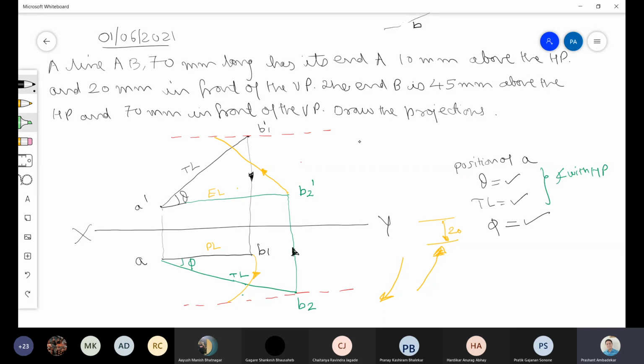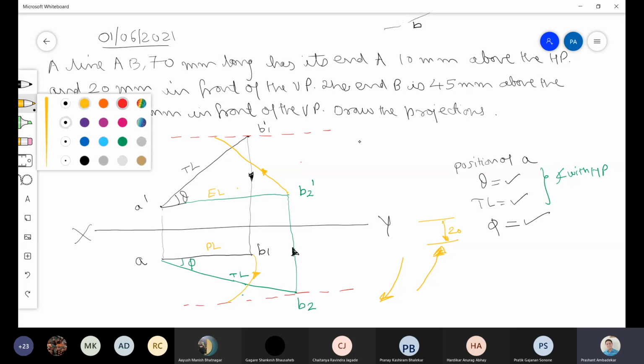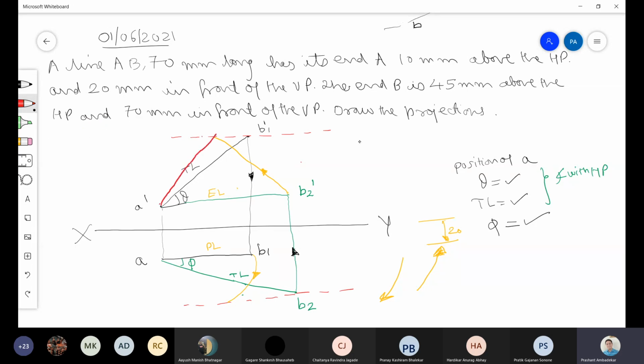And then finally what we get here is this line, and the point is B. If you take the projector here like this, then the point that we obtain is called B. This is called the front view. This is called the top view. All of you have already understood this, but it was just a revision by the time all students must have